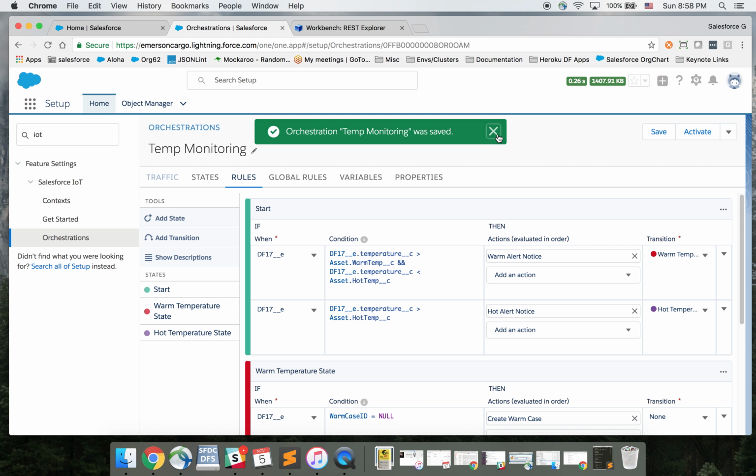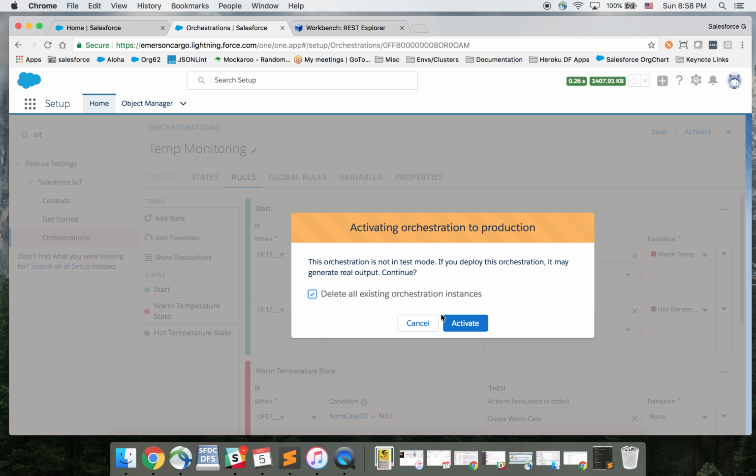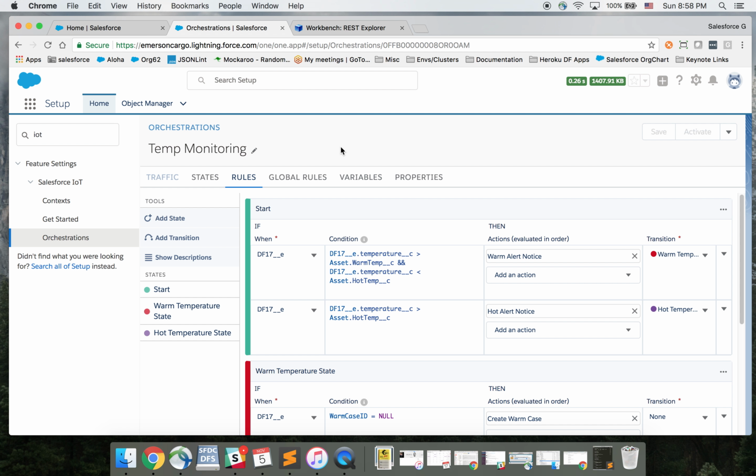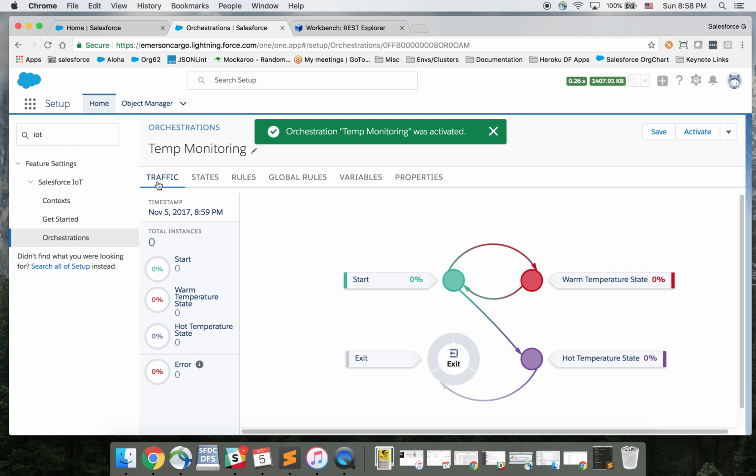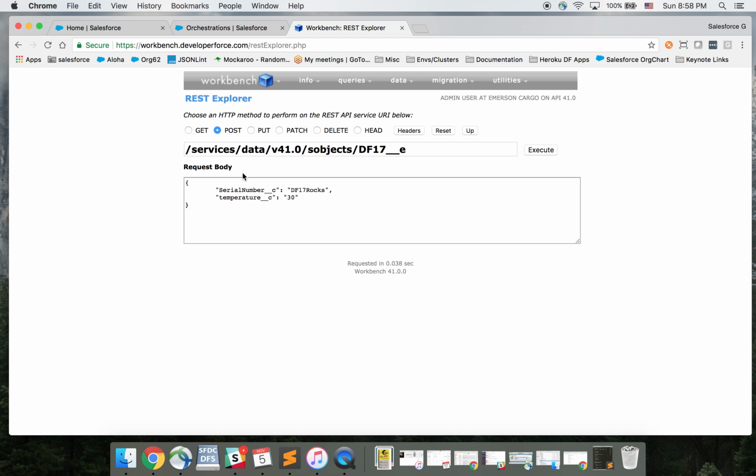Okay, so that's saved successfully. We're going to go ahead and activate this. When that completes, we'll go over to traffic. And then what we're actually going to do is test this out. Now, during the session, we actually used an electric imp to send the data that tests this. But here we can just use Workbench. So we're going to send to